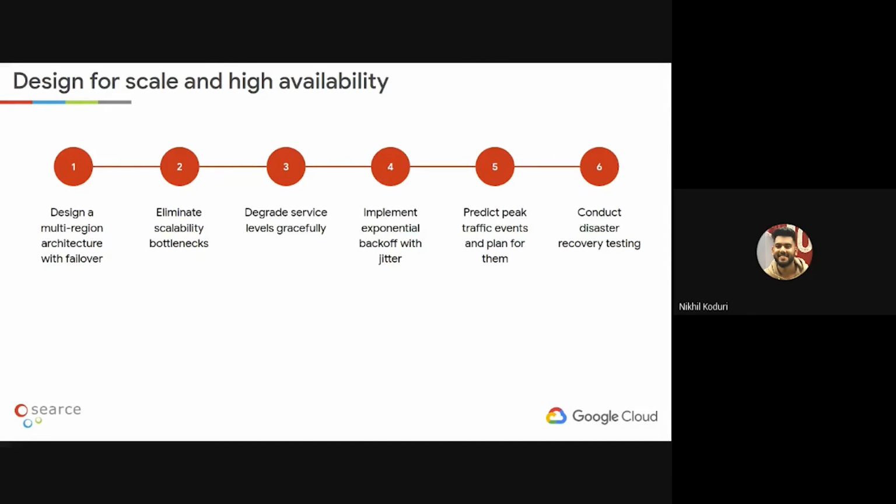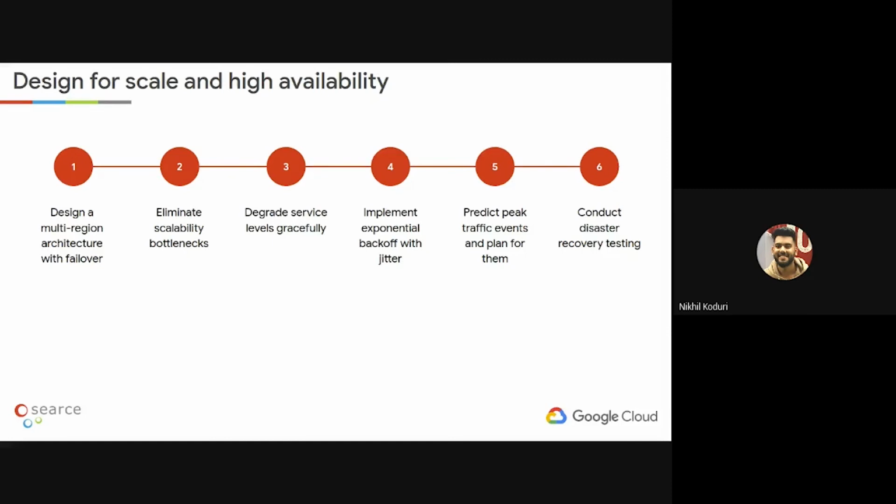You have to monitor the application scaling. There should not be any bottlenecks while the application is scaling and replicating itself, so you have to design it in such a way that these scalability bottlenecks are eliminated.